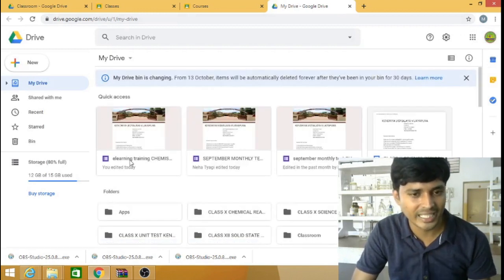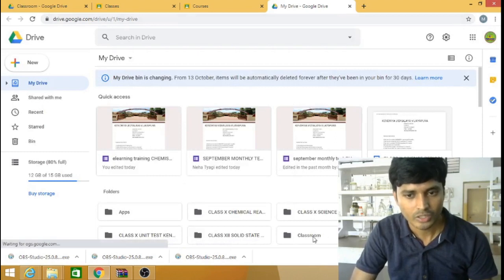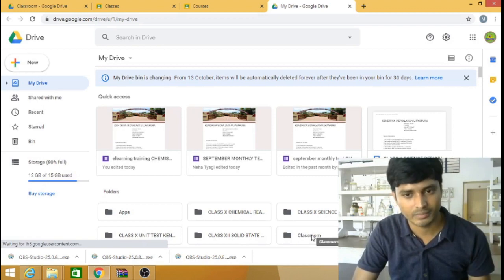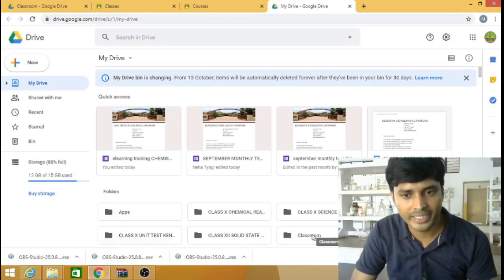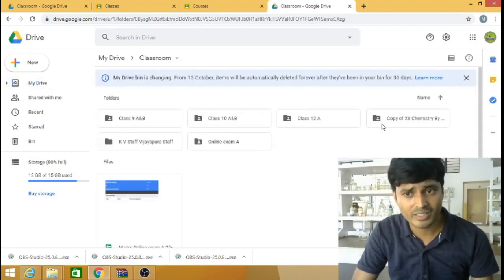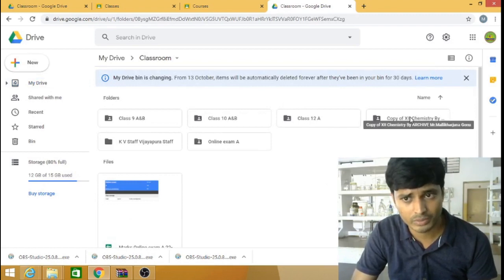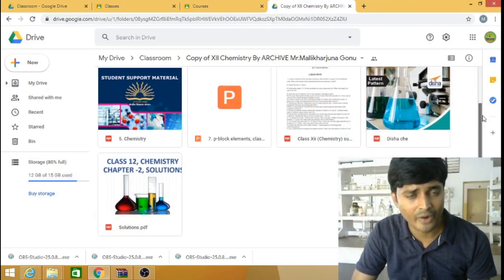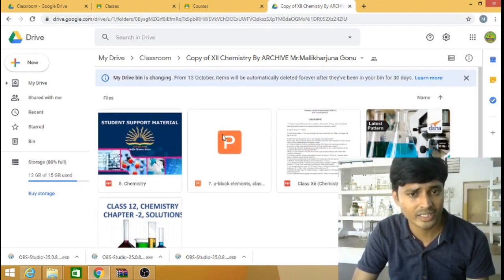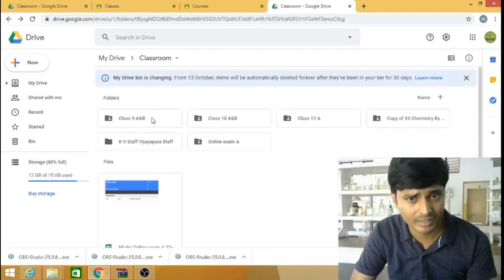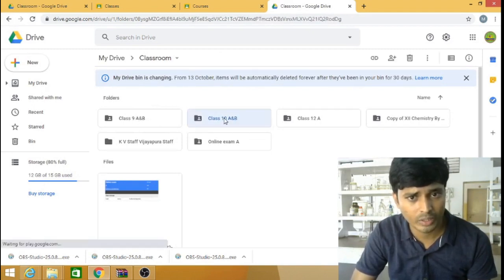Here are the files I already have in Google Classroom. So literally what you have to do now is transfer the files from here to there. From here I will click the classroom. If I wanted to transfer the files of class 12, for example, this is the class 12 file which I have transferred already, so that is the reason many files are not showing there. Here different classes are there, like 10th A, 9th A and B. What I will show you is the 10th one, how you can do it.